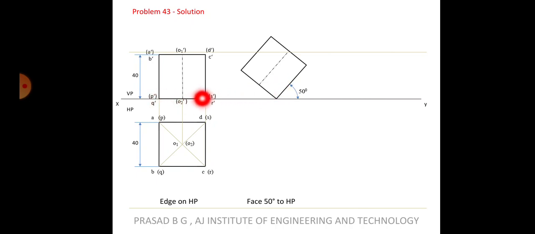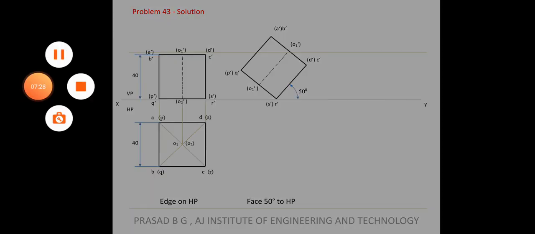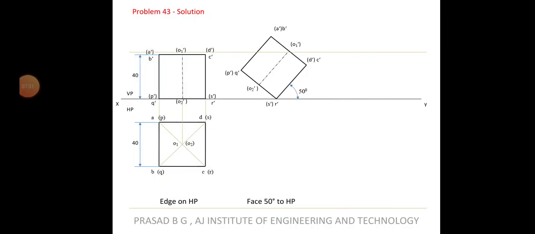Okay, this base is also 40 only, right? But anyways, we will measure the distance in the compass and you can draw this line. This line also will be same, and then you can join. That will complete the second front view after you do the namings. Okay, so the namings is done.